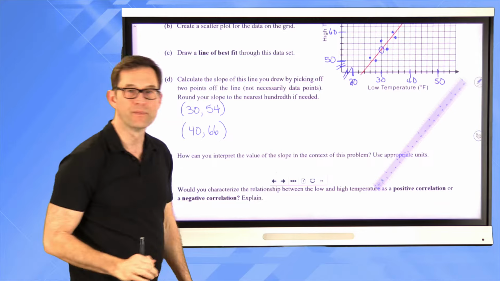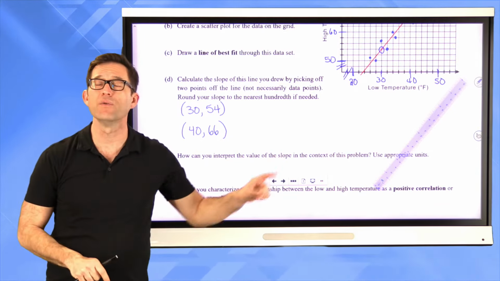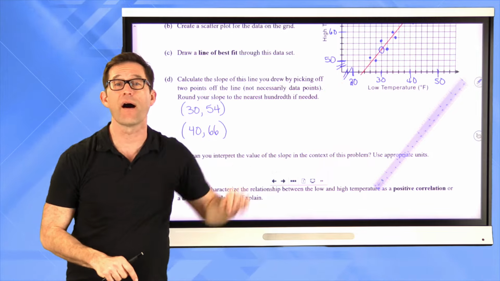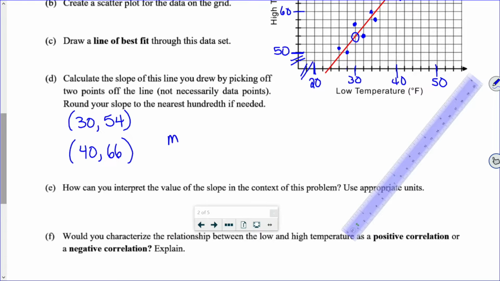Now again, you might choose 2 different points. You just have to find 2 that you can definitively say lie on that line of best fit. And once you have them, you can calculate the slope. Remember, the slope will always be the difference in the y coordinates divided by the difference in the x coordinates. Oh, that's going to work out nice because my x's are 40 and 30. Anyway, that's going to be 12 in the numerator, 10 in the denominator,